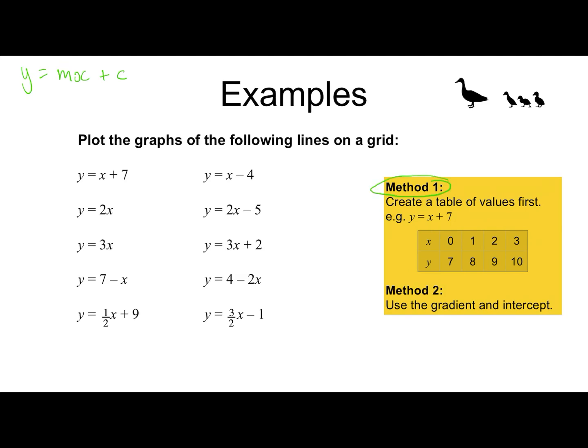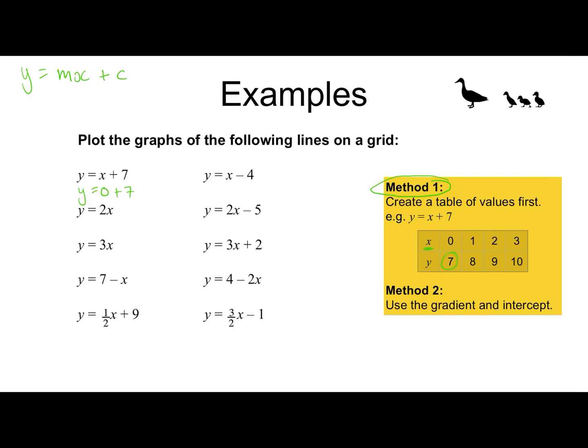Now, for each one, the way to do this is to make a table, okay? So I'm looking over here, make a table of values. I'm going to pick values of x, and you can choose what values of x you want to pick. Doesn't really matter. You can let x equal 0, 1, 2, 3. You can let x equal 1,000,000 if you want to. You can let x equal -7 if you want to. But what you then do with whatever choices of x you've made, you find out what would be the associated